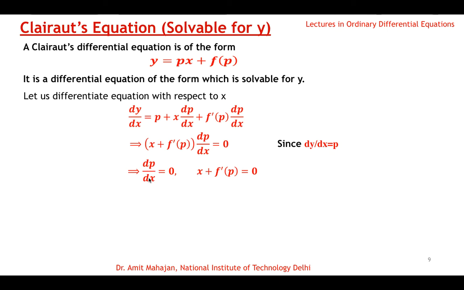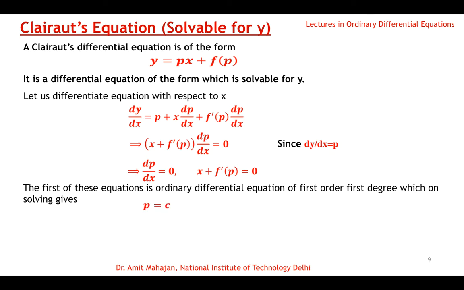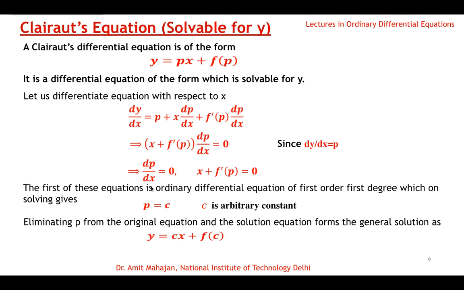So if we solve this part, then this says that p is equal to a constant is the solution. Okay, because dp equal to 0 and p is equal to constant. So if we put the solution p value back here as per the rule, then the general solution is, with p equal to constant, y is equal to cx plus f(c). So what Clairaut proved is that if the differential equation is of the special form y is equal to px plus any function of p, then its solution is simply, if we substitute p as constant, that will be the solution. So y is equal to cx plus a function of c.